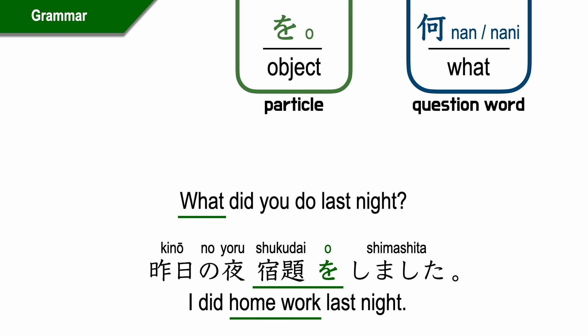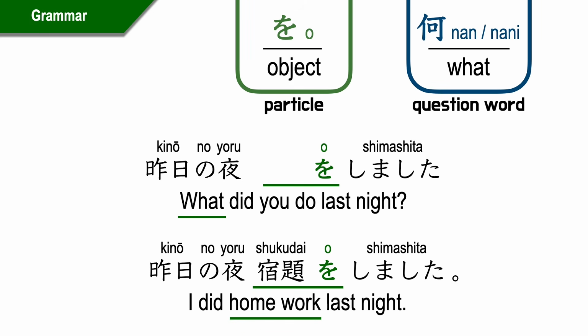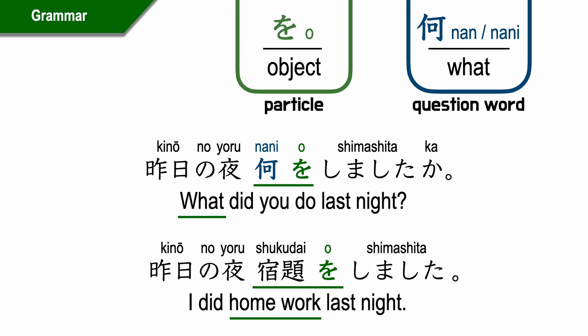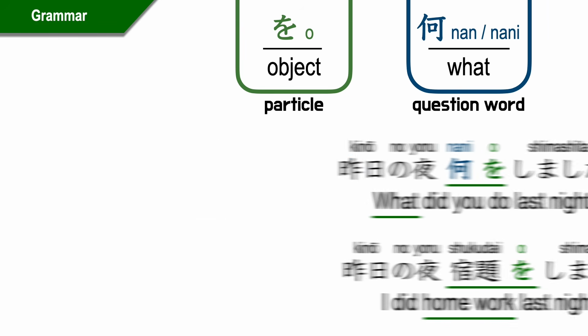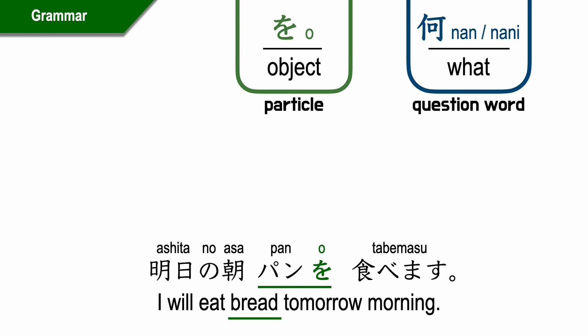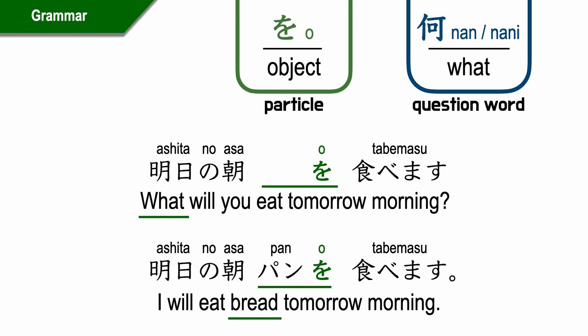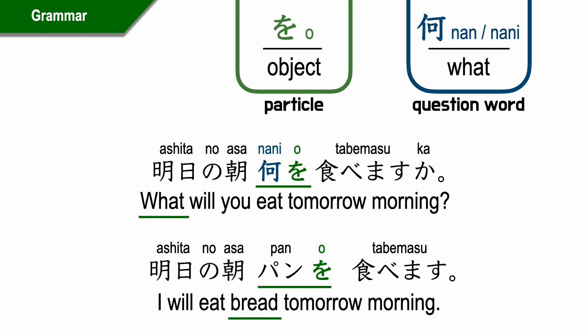Like I always say, to make a question in Japanese, all you have to do is replace the information you want to know with the correct question word. 昨日の夜何をしましたか？I will eat bread tomorrow morning is 明日の朝パンを食べます。What will you eat tomorrow morning is 明日の朝何を食べますか？